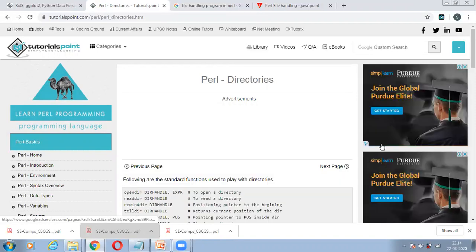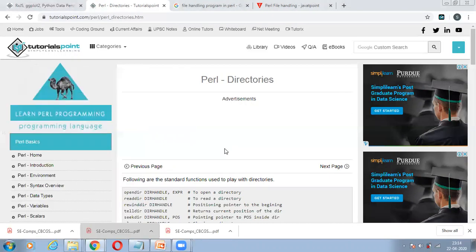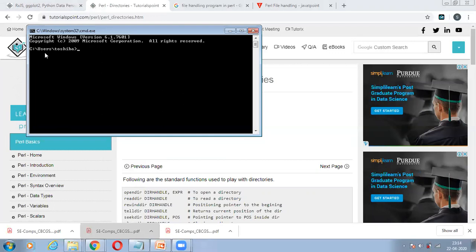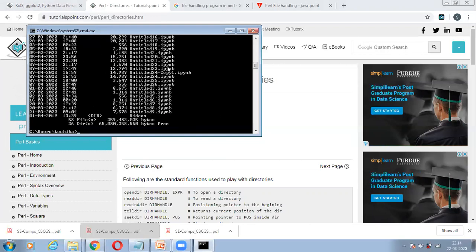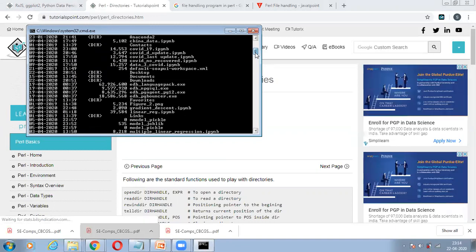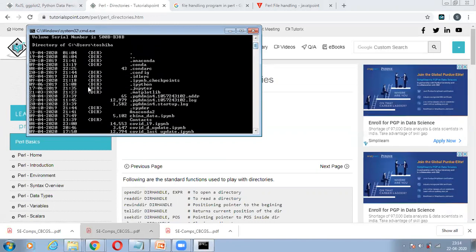What happens whenever we are dealing with files? A file is the basic concept, and you are required to store it somewhere in a directory, right? Like if I say here, let's move to this CMD mode. So what is this? This is the root directory. This is the child directory. This is the subchild directory. And let us suppose if we have some more directories, then you will be able to see all these kinds of directories available in this particular root directory. Whatever is a directory is represented by dr in here.